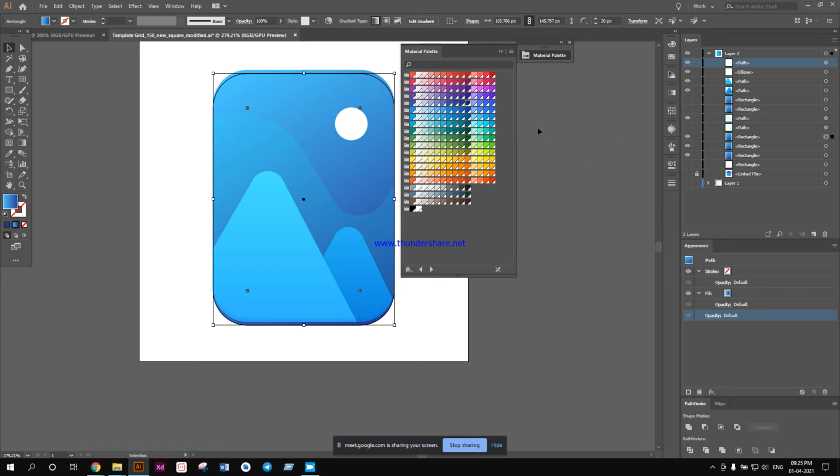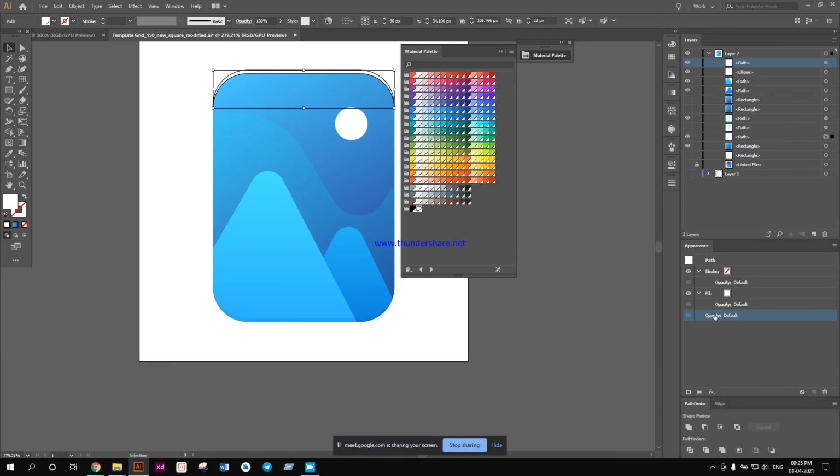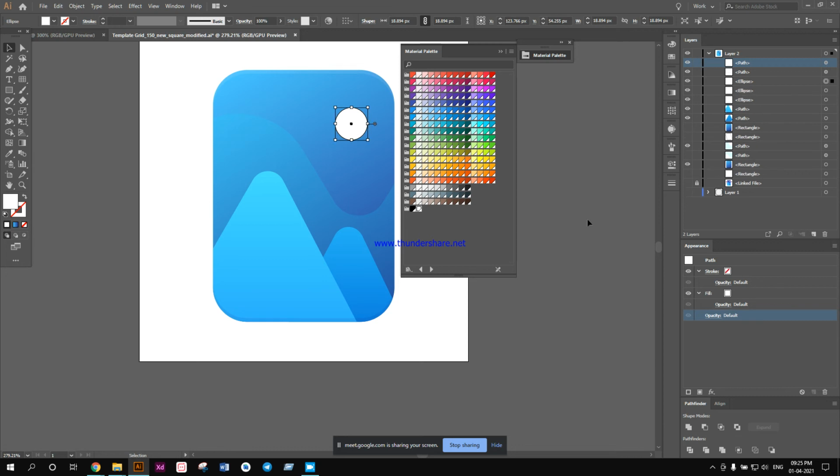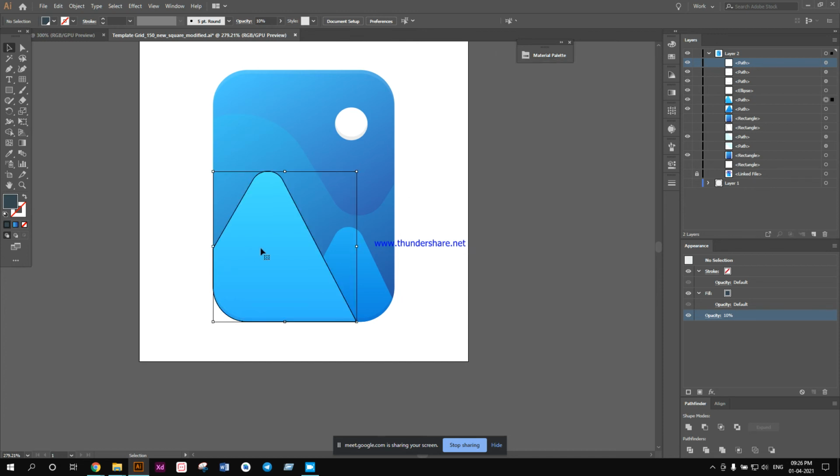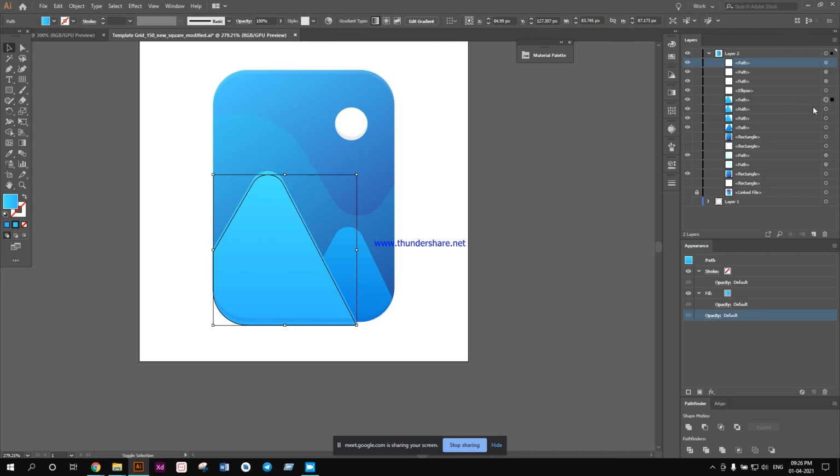Same thing for the upper edge. And do something like this, white. Opacity 10. Top. For this one as well. So just because I made my icons like this, it takes a lot of time actually compared to others.